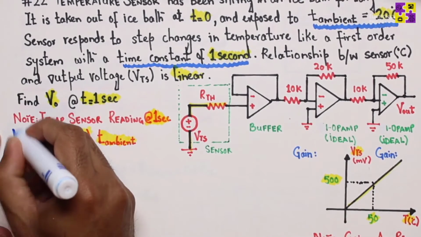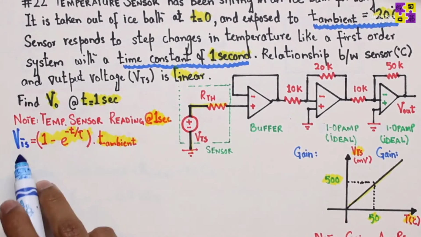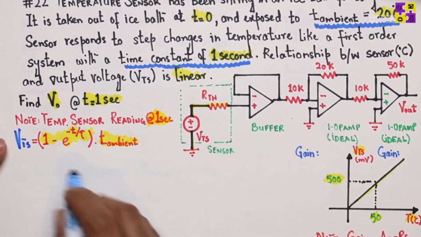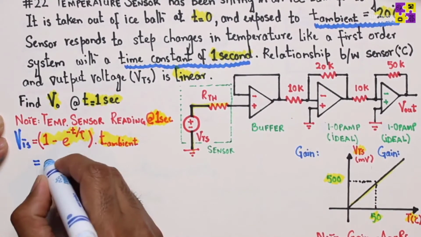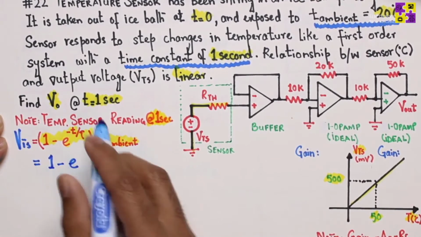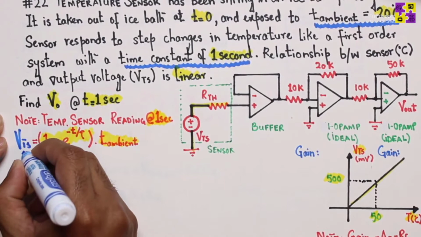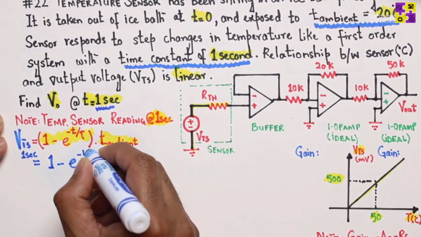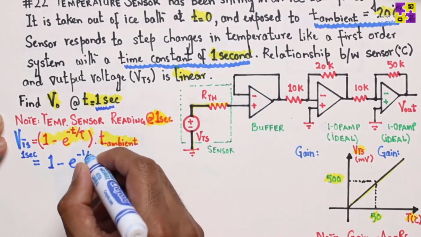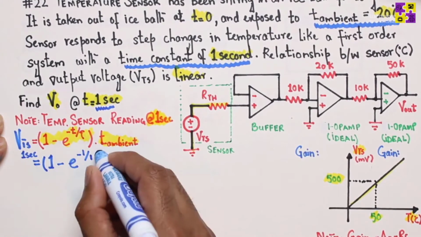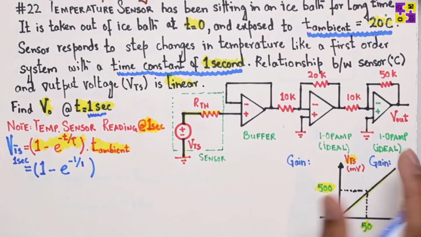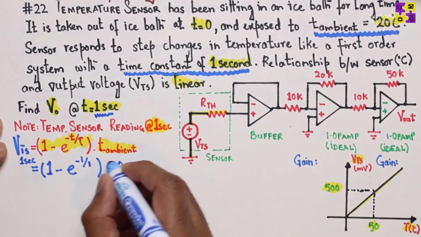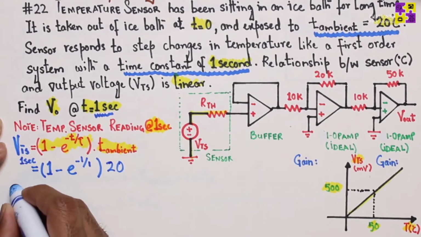So again, this output voltage, which is going to be VTS, equals 1 minus e to the power negative t over tau times T ambient. Now there are a lot of stuff, actually most of the stuff is given. So 1 minus e to the power. Well, t is going to be 1 second because we are looking at 1 second here, correct? So -1 here, tau time constant is given 1 second. So that makes 1. And the ambient temperature is given 20 degrees centigrade, right? 20 degrees centigrade over here. So I do 20 degrees centigrade here. And if I do the math here, I basically get